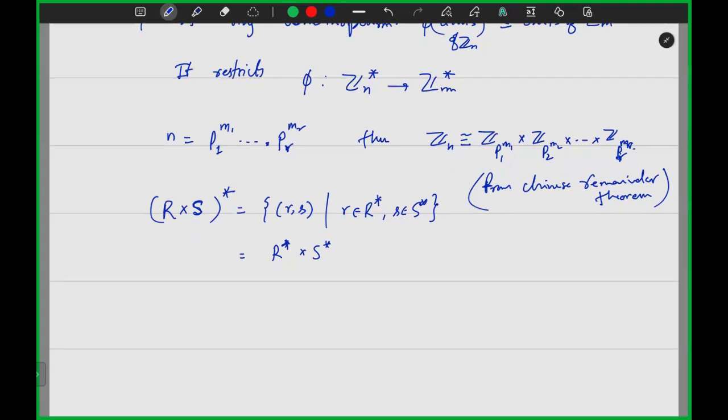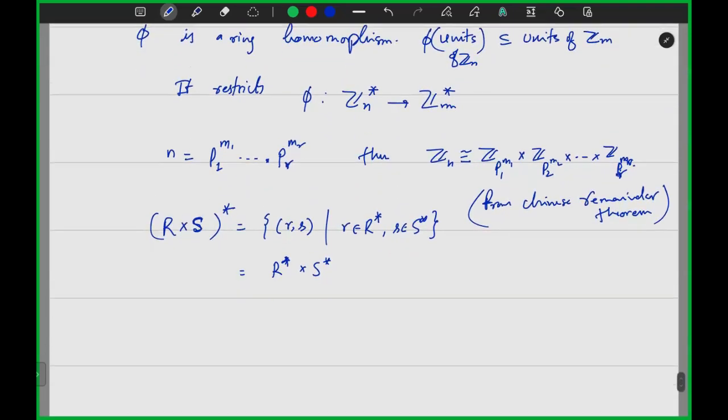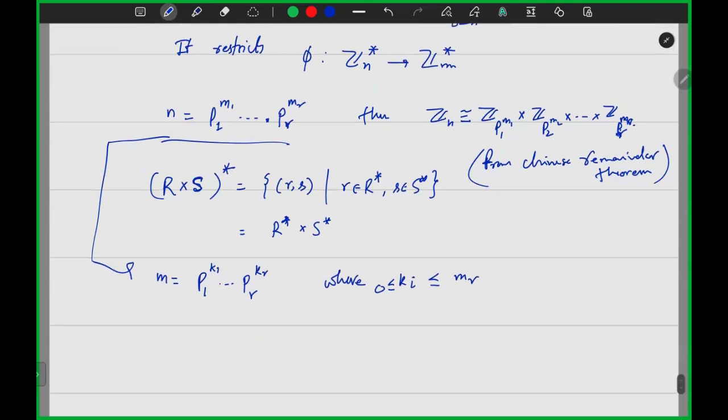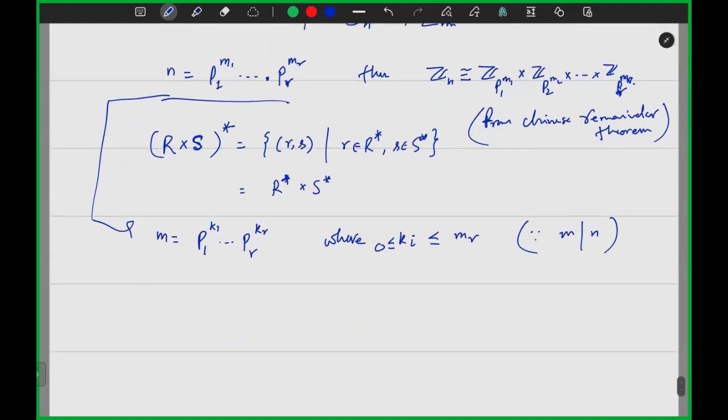If n is of this form, then m is of this form, p1 to the power k1 up to pr to the power kr, where each ki is bigger than or equal to 0 and less than or equal to mi, because m divides n. Then the natural map phi,